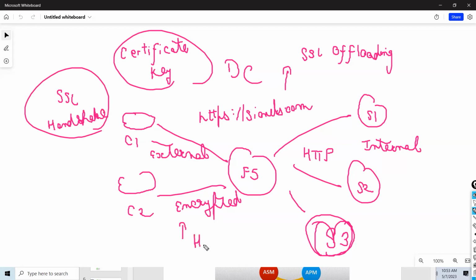So that even if a hacker wants to read the data going from client to F5, he will not be able to read it. So that is another component provided by F5, which is part of your SSL and TLS. Because HTTP is unencrypted. Normal HTTP traffic is on port 80, which is called an insecure port.